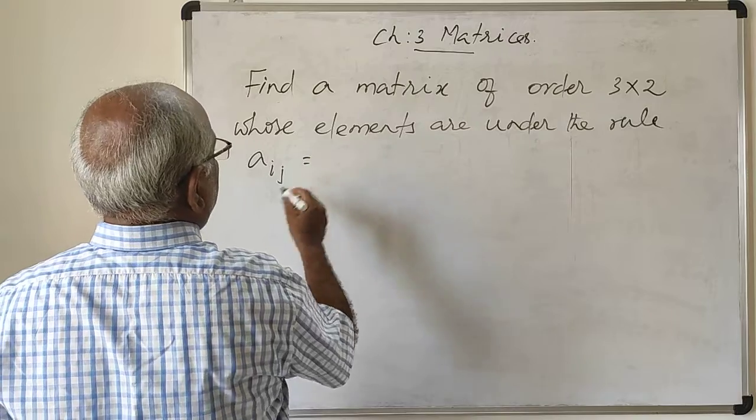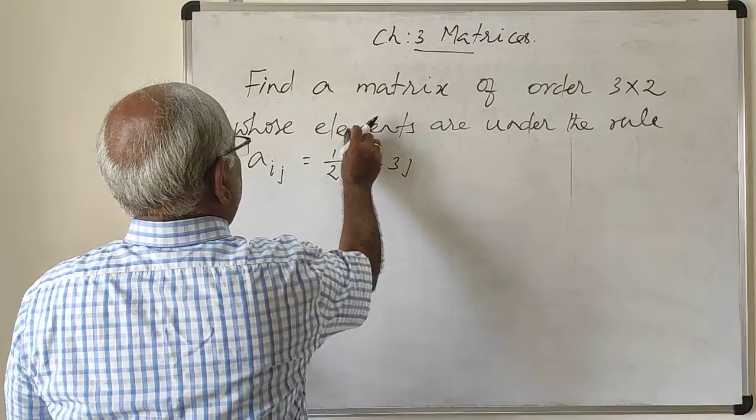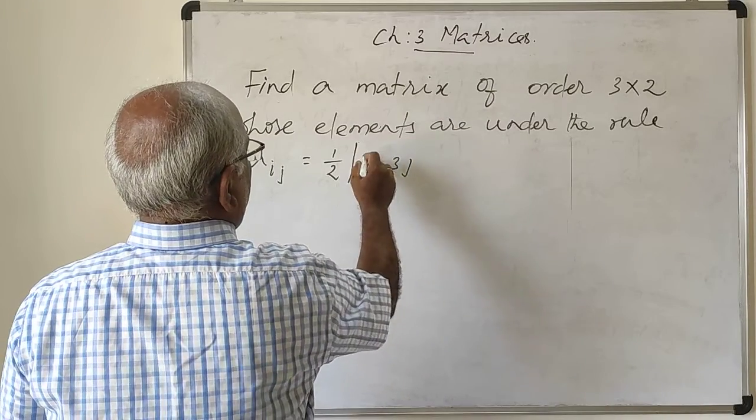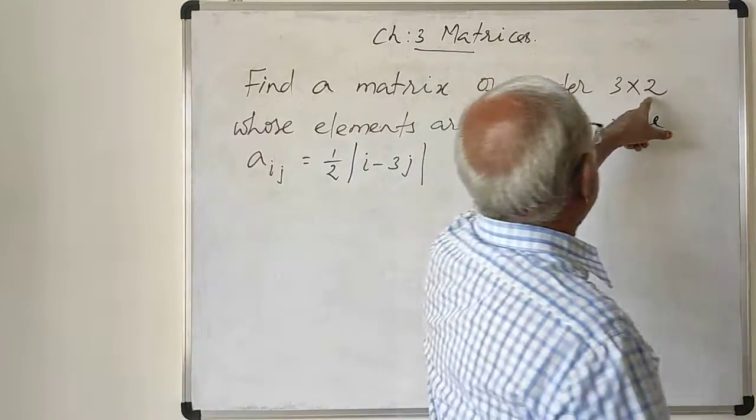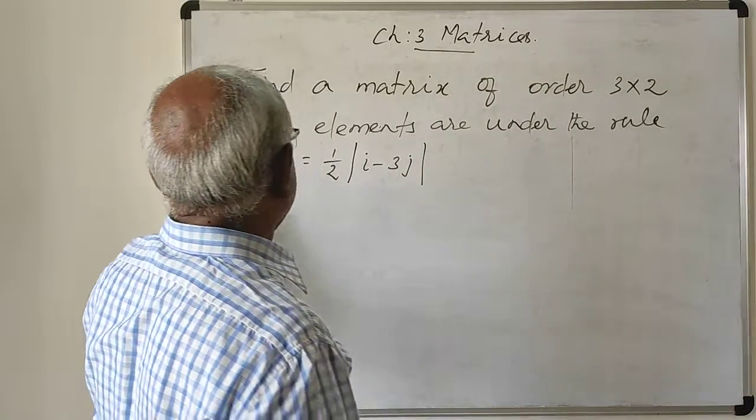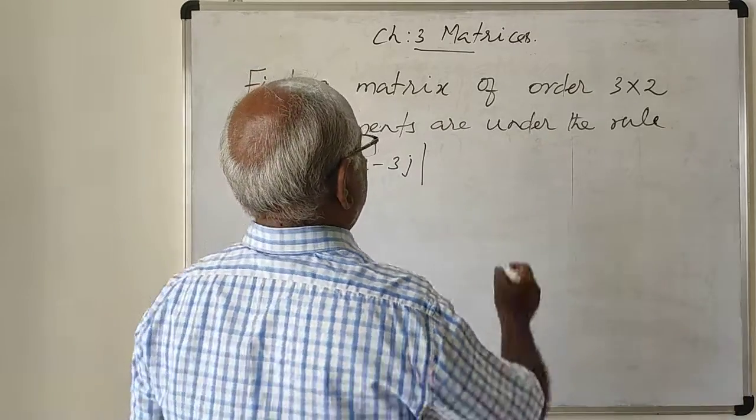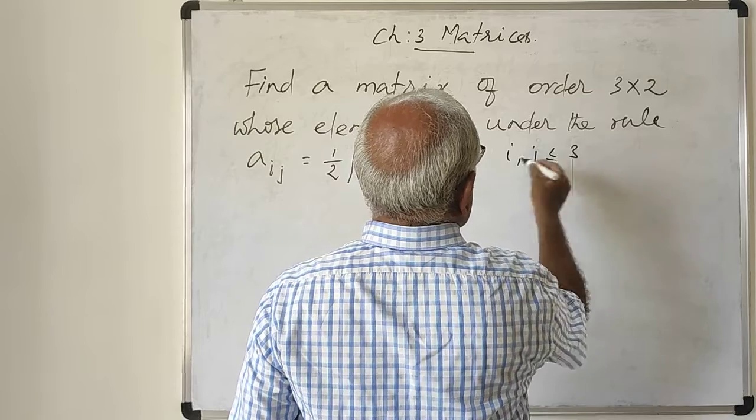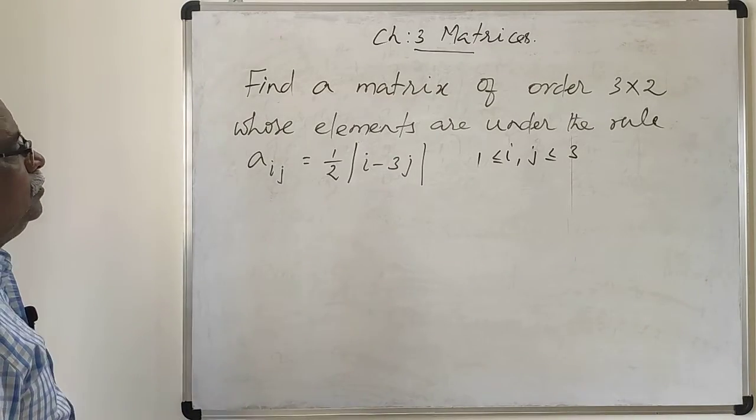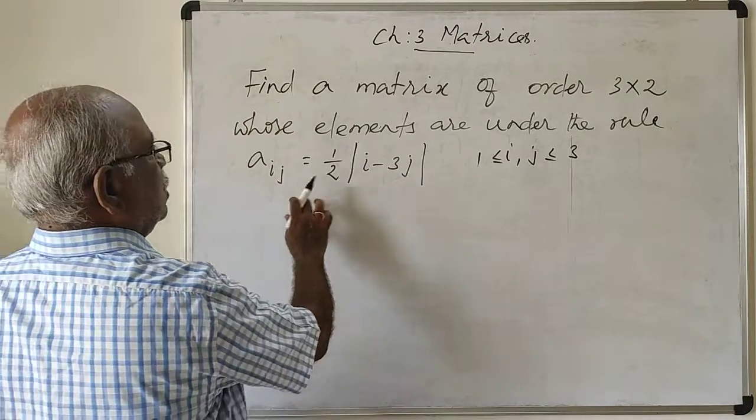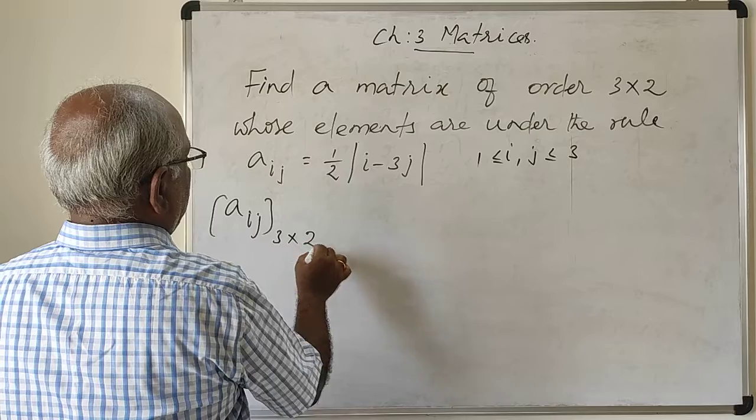Aij equal to 1 by 2 into modulus of i minus 3j. This is the rule. We have to find out a matrix of order 3 by 2 whose elements follow the rule Aij equal to 1 by 2 into mod of i minus 3j. i and j lie between 1 and 3. Therefore, Aij, a matrix of order 3 by 2 is